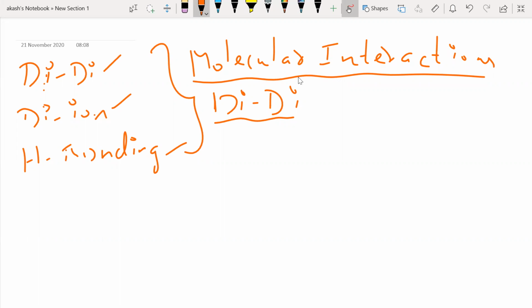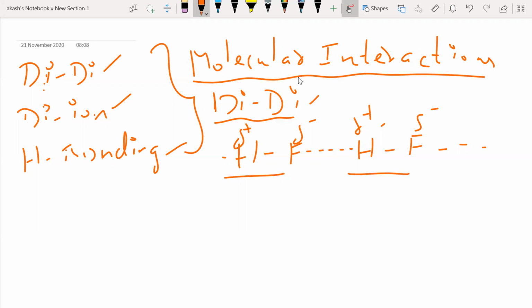Correct. Now the best example I can take is this. When I take HF, right, and let me take another HF molecule. Now what happens in this? Obviously fluorine is more electronegative, so there will be a partial negative charge here, and a partial positive charge here. Again, same thing for this molecule also. Now what will happen? These two are nearby. This del positive and this del negative are going to have some kind of interaction. Again, I can have molecules this side also, molecules this side also. So this is exactly what is called your dipole. This is a dipole, this is another dipole, and between two dipoles I have an interaction. Pretty simple, right?